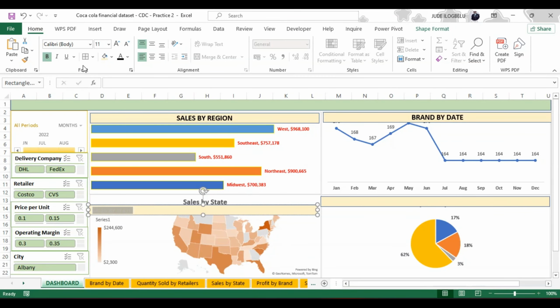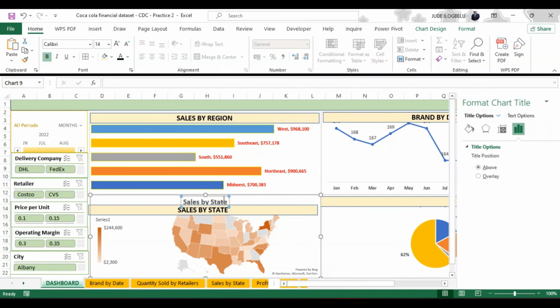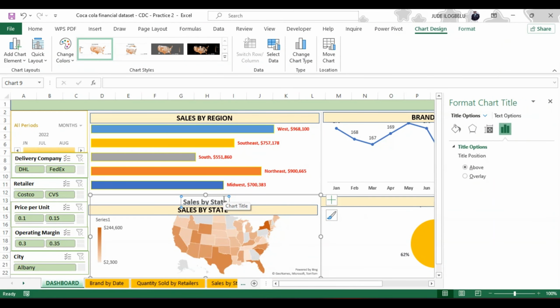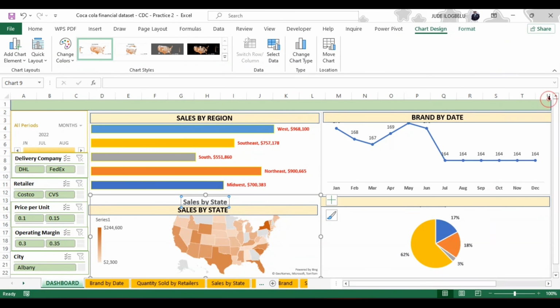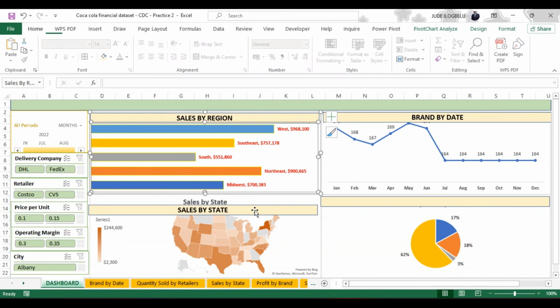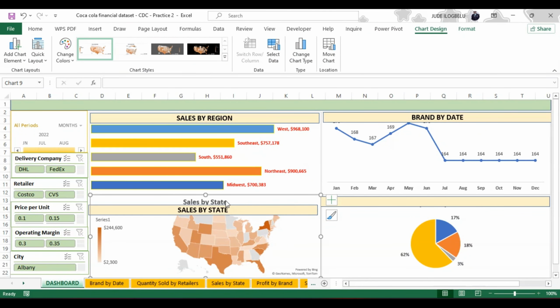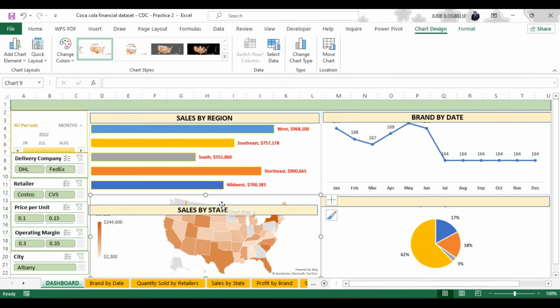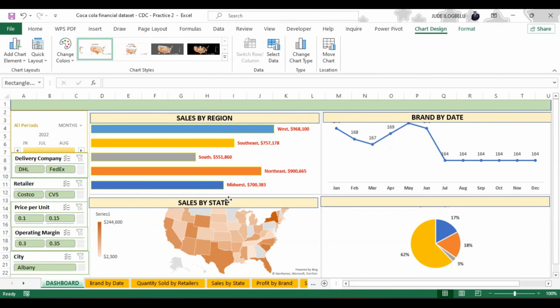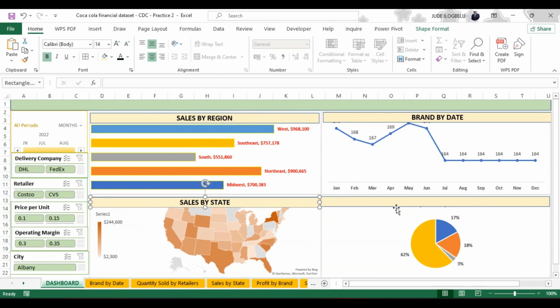Control B. 14. Okay. So remove this. So this is